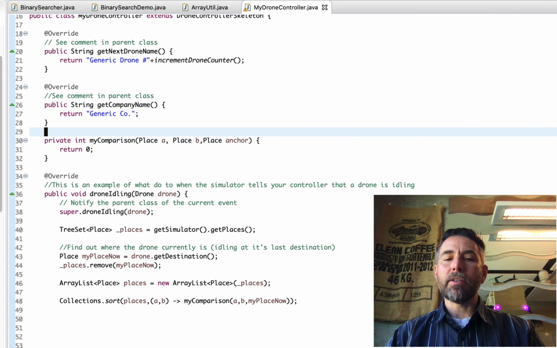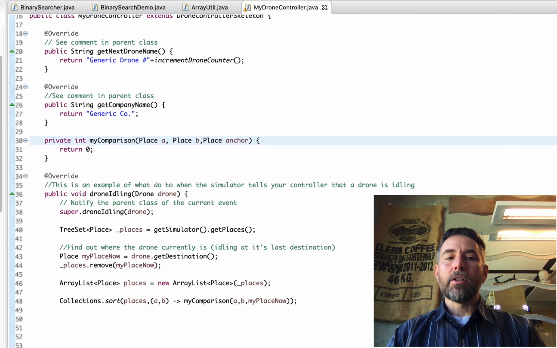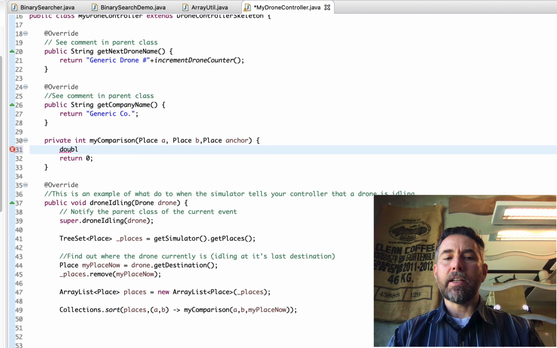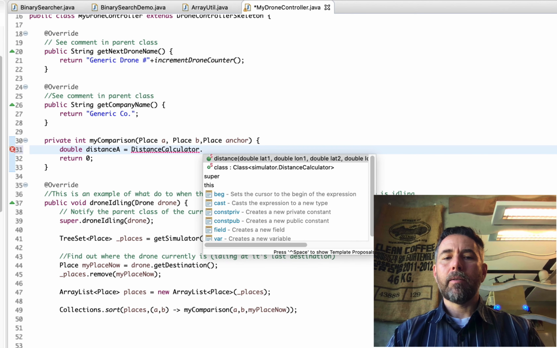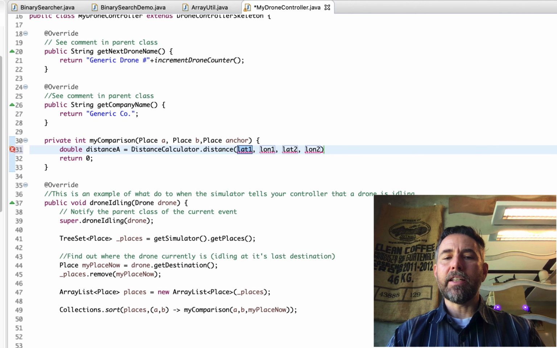Everything still compiles. Now we need to do the work of deciding whether we should return -1, 0, or +1 from my comparison. And the way we're going to do that is by comparing it to anchor. So what I'm going to do is figure out the first distance, call it distance A. Fortunately, I provided a helpful helper method within this package, within the drone controller, called distance calculator. And it'll find the distance between two places. So in this case, we want to find the distance between